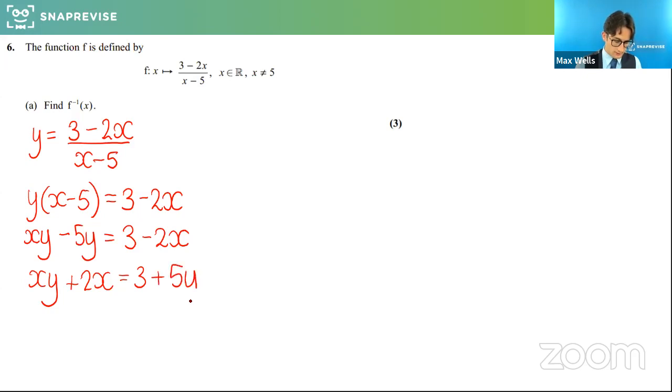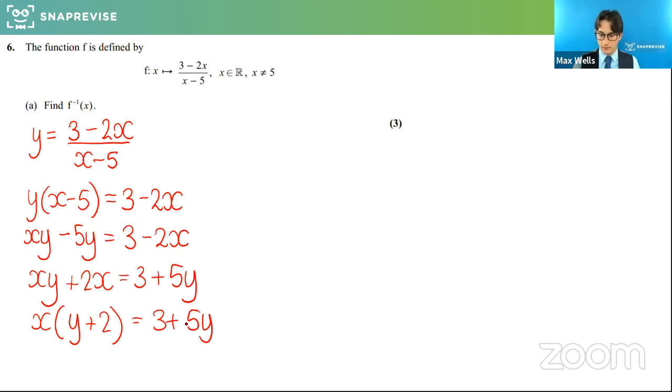And I get this. Now the key bit to get x on its own is that we factorize. So I've got xy plus 2x, and I want x, so I can factorize it out as a common factor. So x brackets y plus 2 is equal to 3 plus 5y. And now I can divide through by y plus 2. So x is equal to 3 plus 5y over y plus 2. And remember, that's not how we leave our answer. We put it in terms of x. So the inverse function of x is